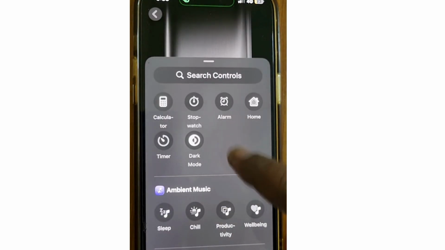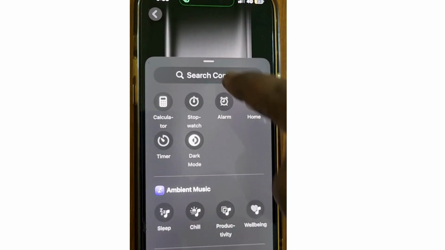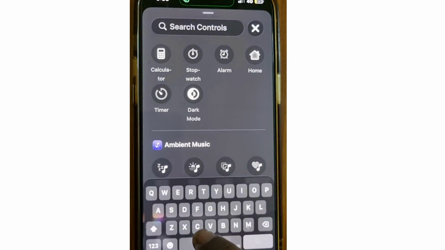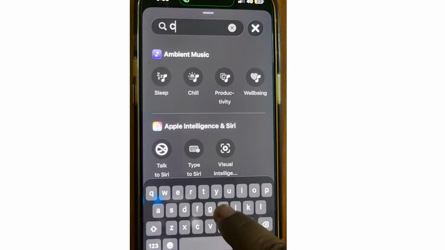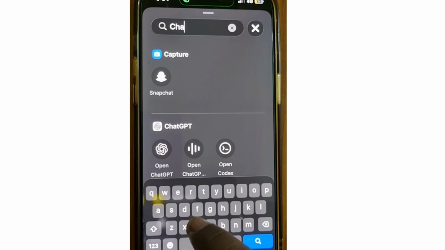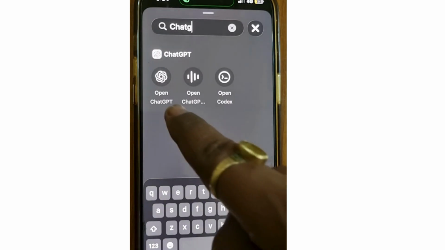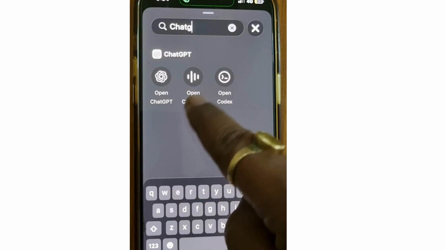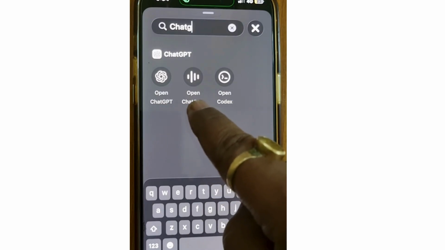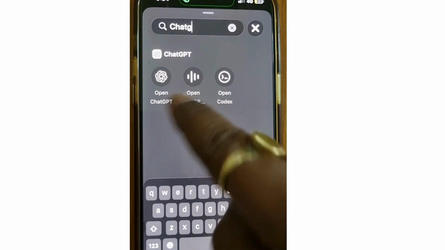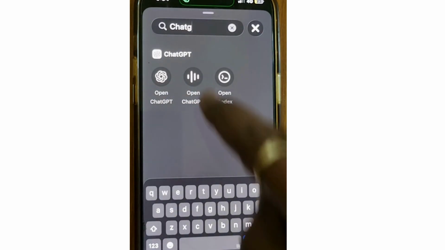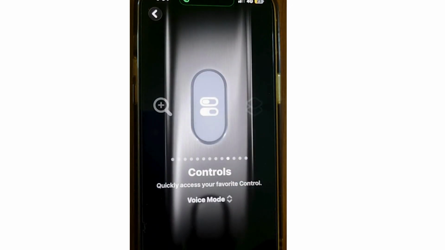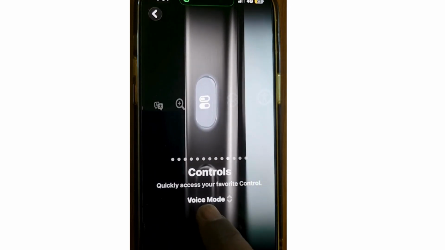Here various options are available which you can add to your action button. Look for ChatGPT, and you can see the ChatGPT option available. Choose the open ChatGPT voice feature, either app or voice. Choose it, tap on it, and now ChatGPT is successfully added to your